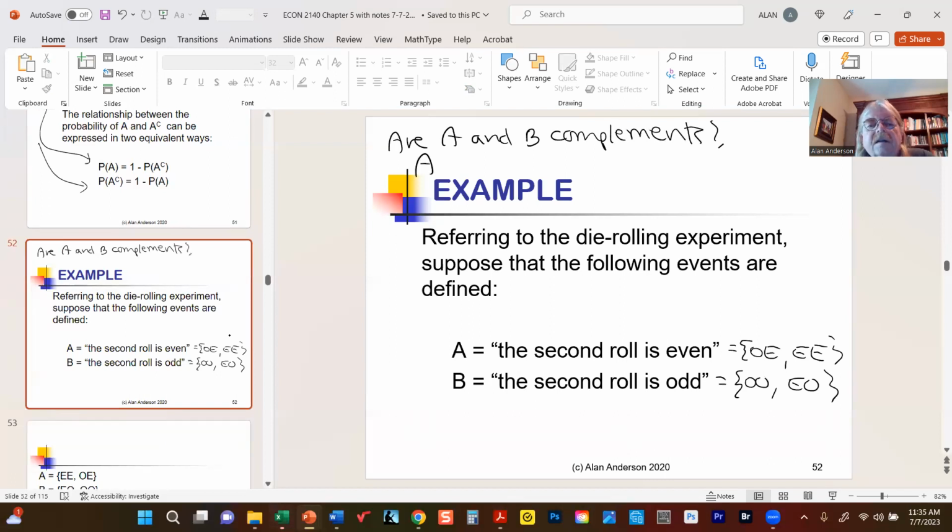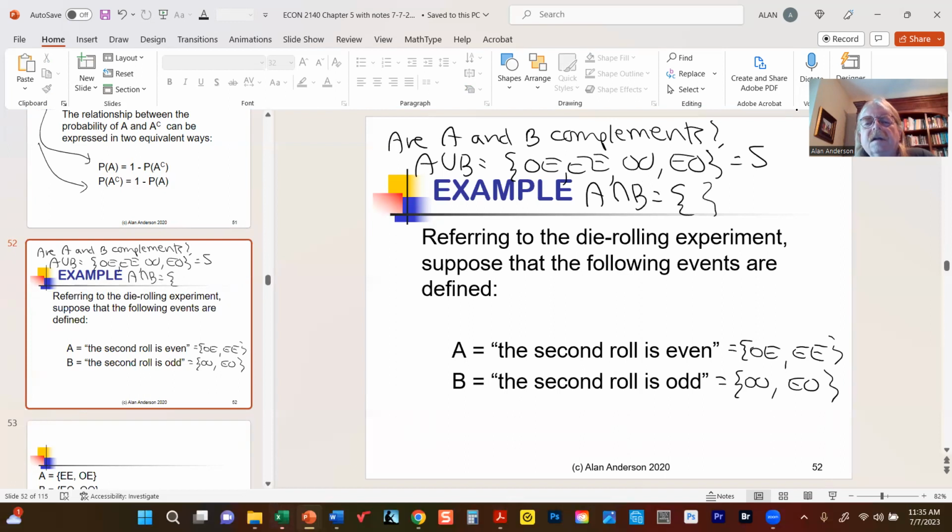Their union is OE, EE, OO, and EO, which even though it's not written in the same order, matches up with the sample space. And their intersection is empty. So the answer is yes, they are complements,